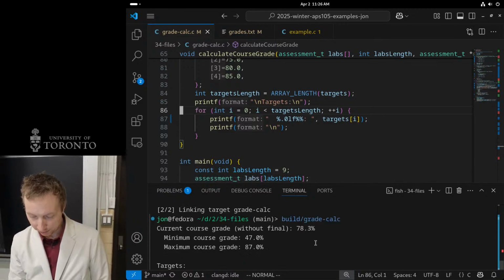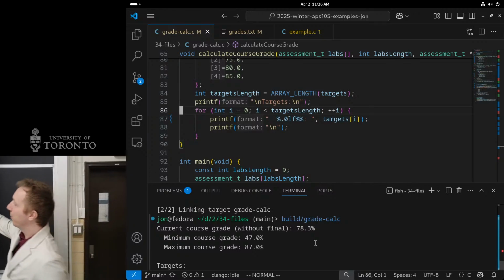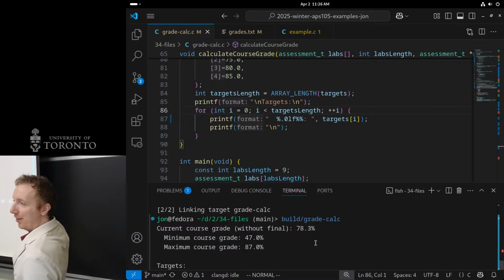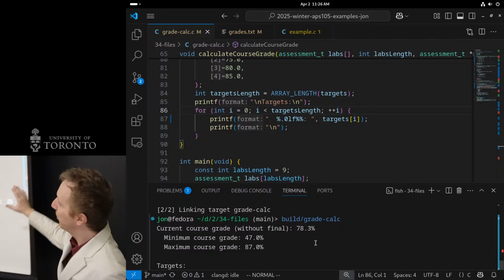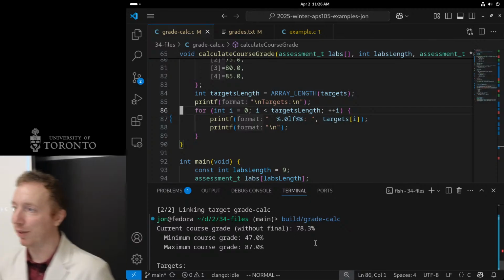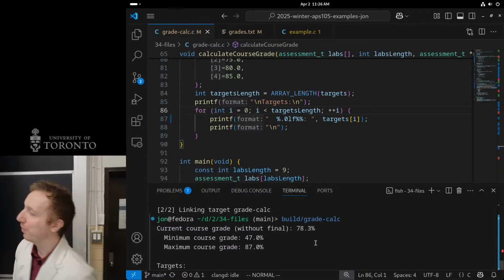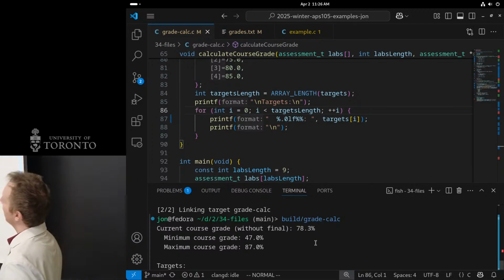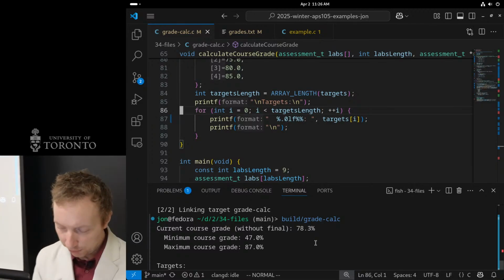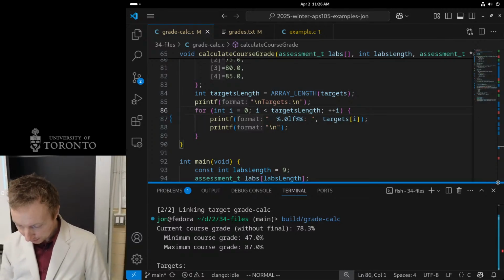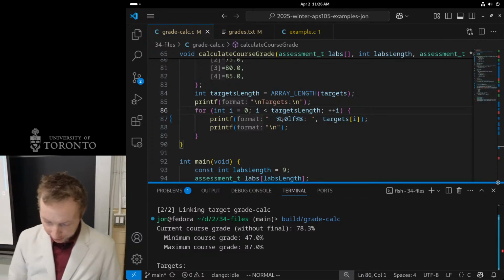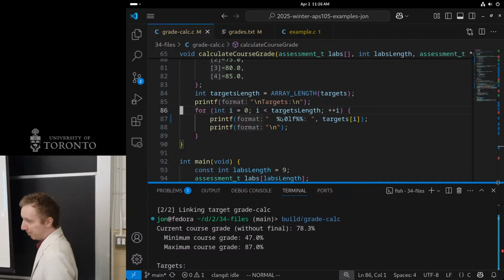For instance, right now, is it possible for me to get a 90 in the course? No. Is it possible for me to get a 45 in the course? Right? So I have some cases I need to consider. Some cases I need to consider if my target grade is, well,